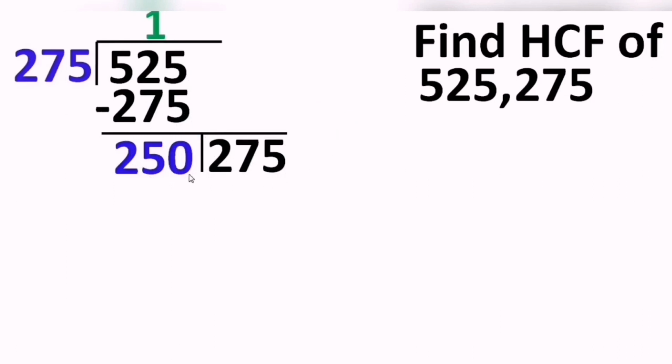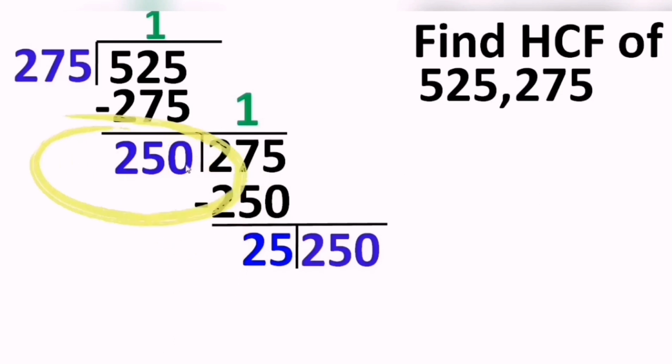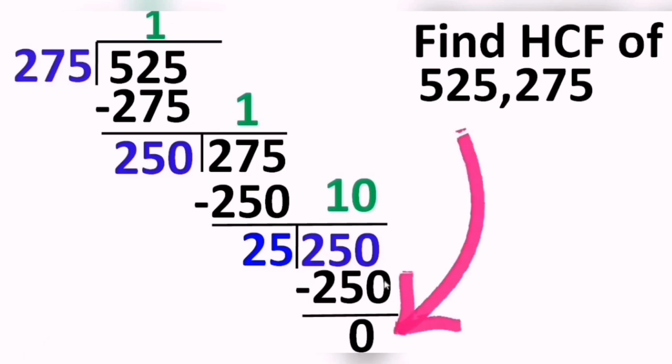Now again start the division. In the table of 250, the nearest and smallest number for 275 is one time itself again. So again we took one time. Again we subtract 250 from 275, and what are we left with? 25. And now this 25 will act as the divisor, and 250 will be taken as the dividend, the way I have taken. Now if you check, in 25's table I find ten times is 250, correct or not? Yes. So of course my sum will get over, and the moment I get 0 as a remainder, that is the most important part.